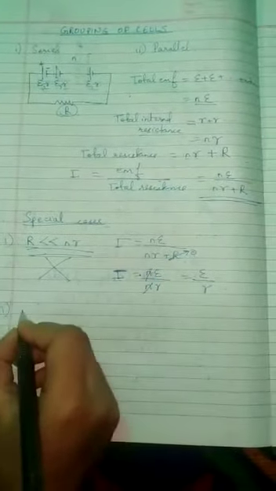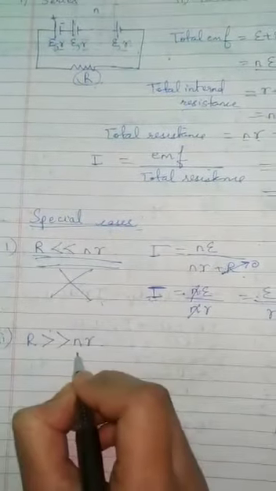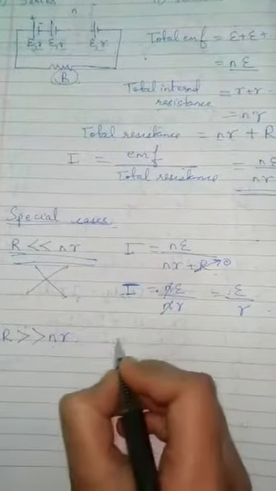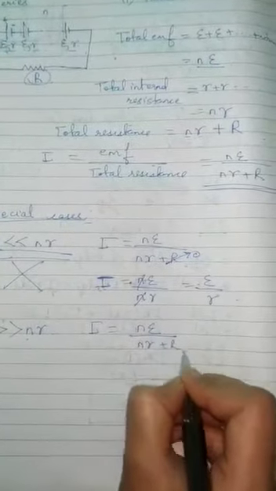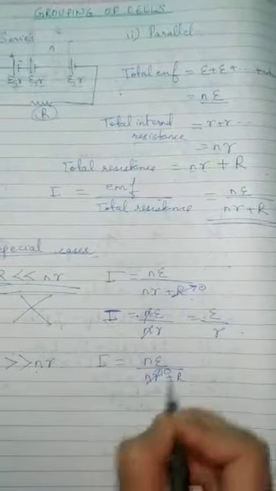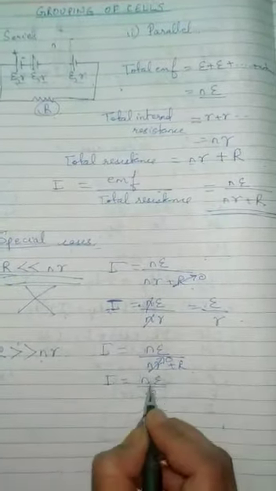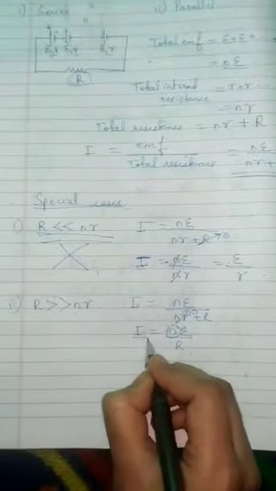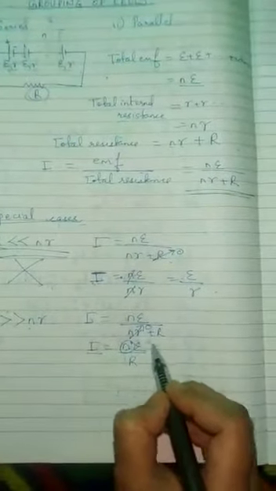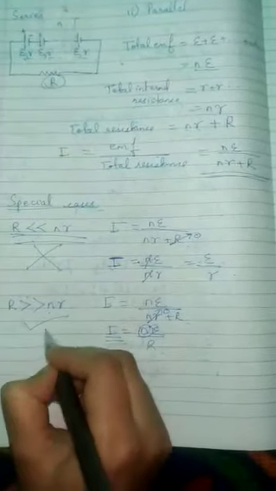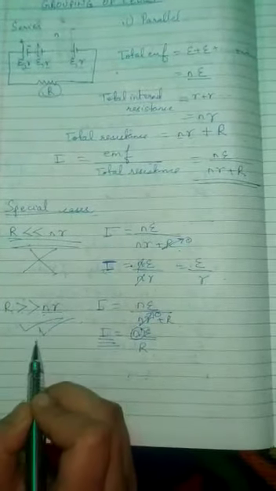Now let's take another case where the load will be greater than the internal resistance. That means now you can neglect the internal resistance value. Rewriting the formula, now out of these two terms, this term nr can be neglected to 0. So it will be n epsilon by R. So here the current drawn will be dependent on the number of cells. If you connect more number of cells, the current drawn will be more. So this combination will be effective only if the load is much higher than the internal resistance of the cell.